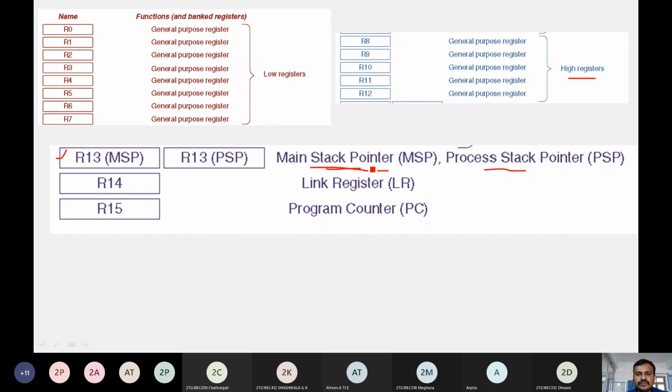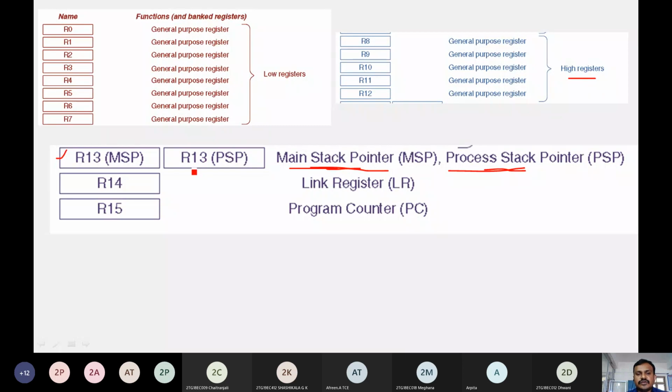In the Cortex M3 processor, it has 2 stack pointers. It has 2 types of stack operations, the main stack operation and the process stack operation. So to perform such various stack operations, we need 2 types of stack pointers, but only one stack pointer is used at a time. We use another register for setting the condition: in which mode is this stack pointer working? It is working for main stack operation, or it is performing process stack operation.